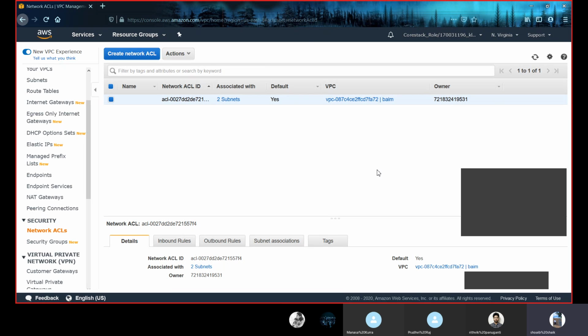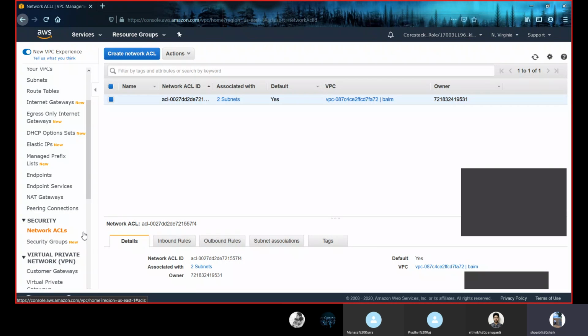While creating a VPC, we defined two types of subnets. One is the private subnet and the second one is the public subnet. As we created those subnets, this network ACL got automatically assigned to those subnets. As you can see here, this ACL is connected to two different types of subnets. This is how we provide security for our virtual private cloud, that is, network ACLs and security groups.